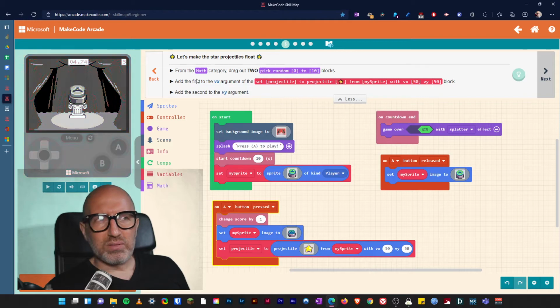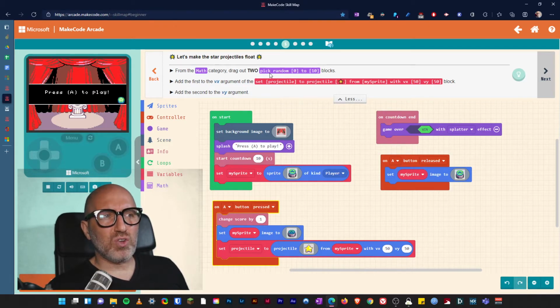From math category, drag 2 pick random 0 to 10 blocks. Add the first to the VX argument, which is here. Okay, this is the first VX argument. And then we want the second one to go to the VY. Okay, so let's go into our math